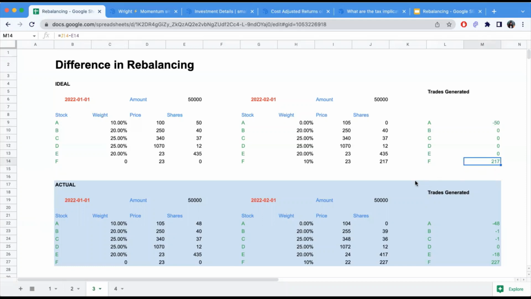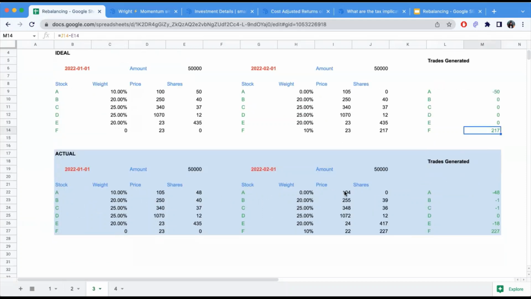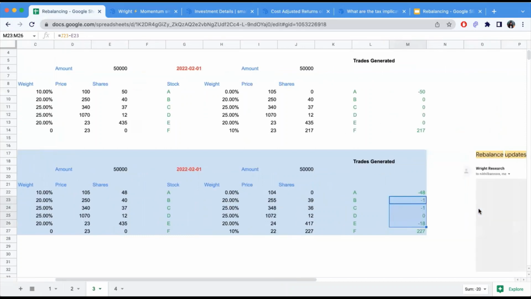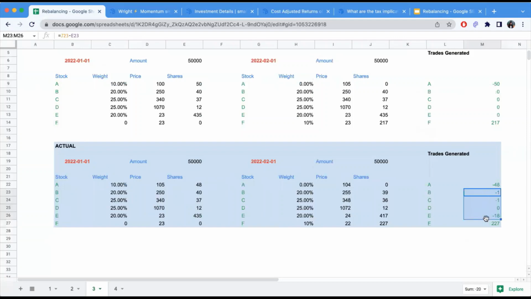But in the actual market, what will happen is that the prices of the stocks also change. The price will not stay static. The prices of the stocks have changed from the previous period. And that is why now if you multiply the same weight to these shares, you will see that unwanted trades have occurred. There are trades that have occurred in stocks B, C, and E, which we did not want to occur. But they only occurred because there was a price difference between us sending you the rebalance and you